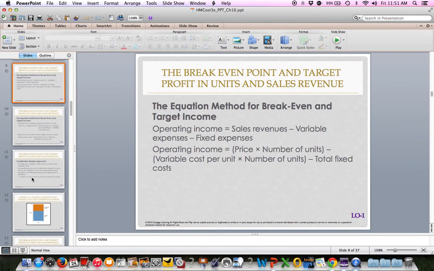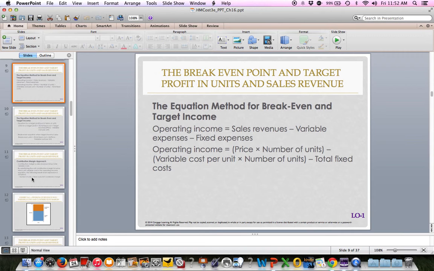So the first method we'll look at is the equation method to break even, the one that I'm not a big fan of, but I just want you to be aware of it. The one I like better is the contribution margin approach. But the equation method begins on page